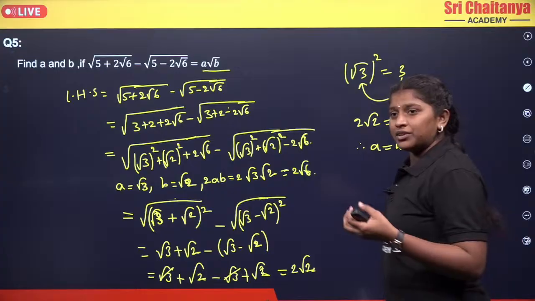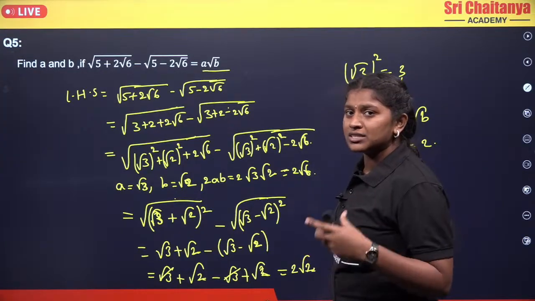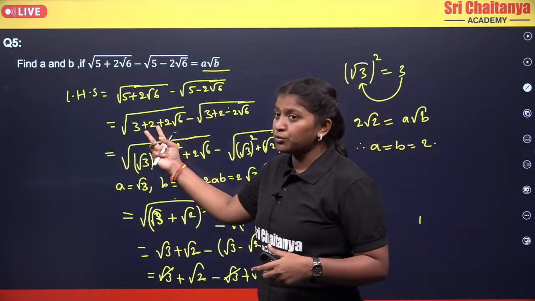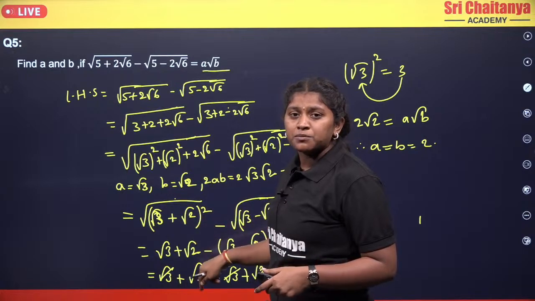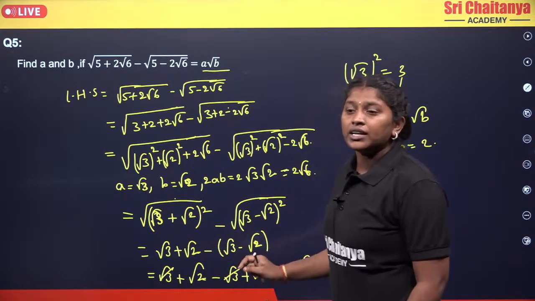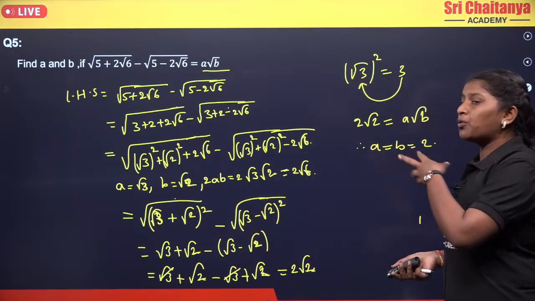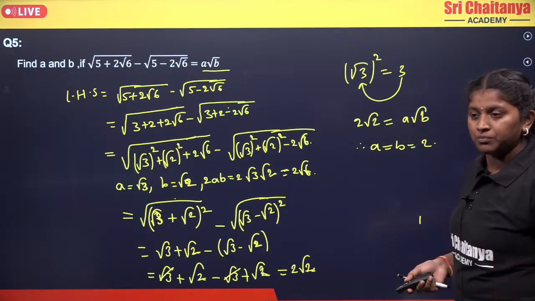So instead of 5, if you are having any other value, just check whether if you are splitting the value, you are getting in the form of A plus B whole square or not. If you are getting in the form of A plus B whole square, then you can go with the values. Okay, now